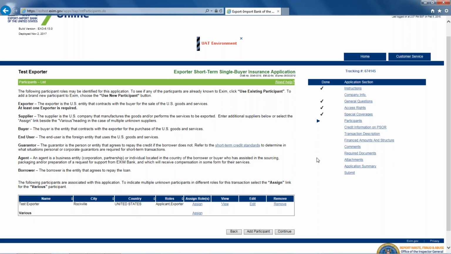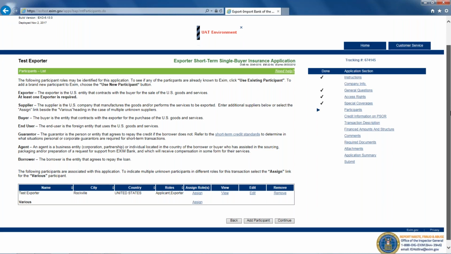You'll see at the bottom, this is where it will display the various participants in the transaction. It will always default to displaying the exporter as the exporter, but it does give you an opportunity to view the information provided about yourself.